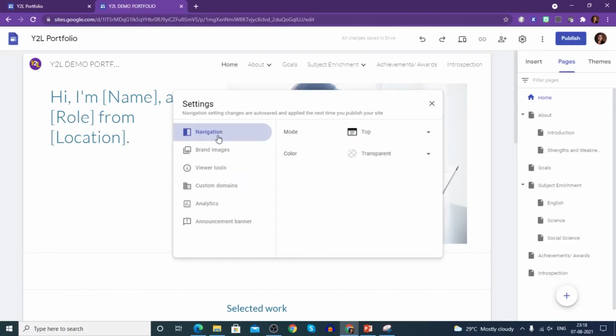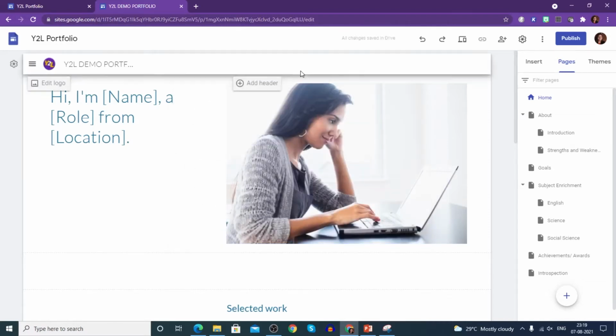So navigation. Now what is this? Navigation has two options in the mode, top and side. The one being selected here is top, in which all these page names are appearing at the top: home, about, goals, subject enrichment, achievement, awards, and introspection. If you choose side, let's see what happens. You see these page names are not here now.